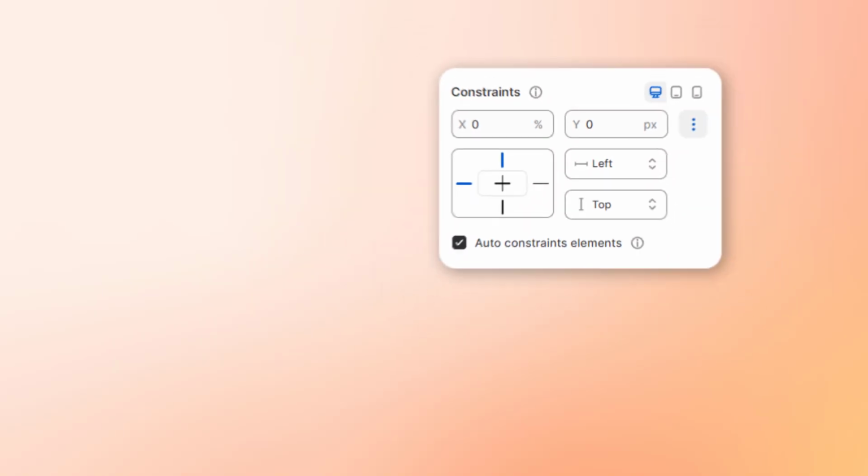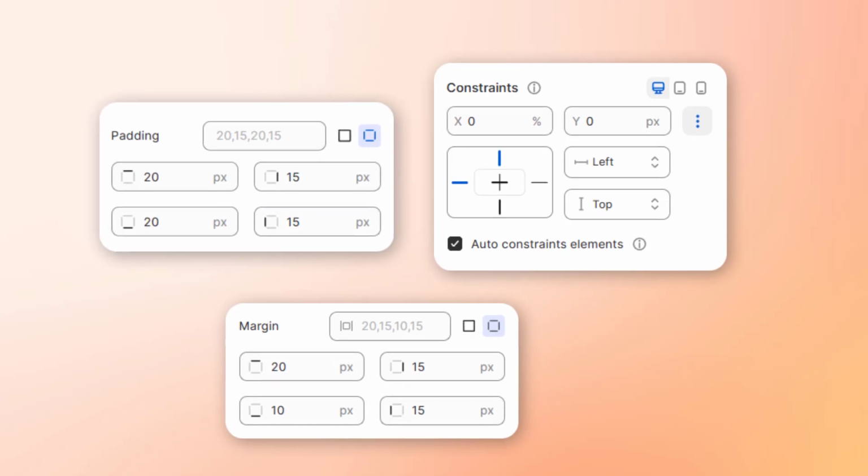And that's a wrap. Now you know how to use constraints, margins, and padding to build cleaner, more responsive pages